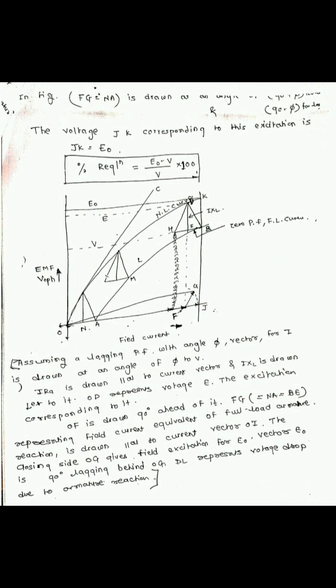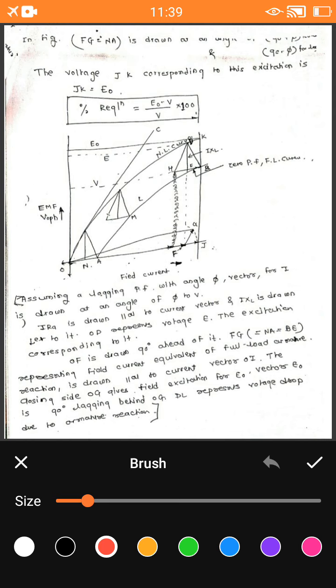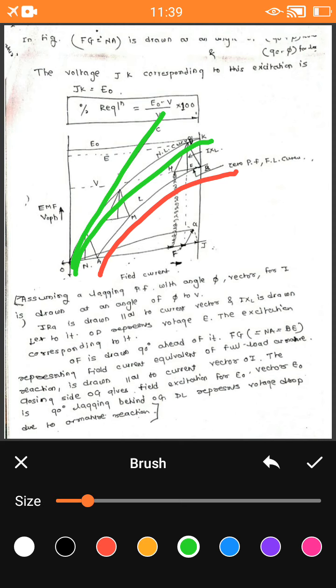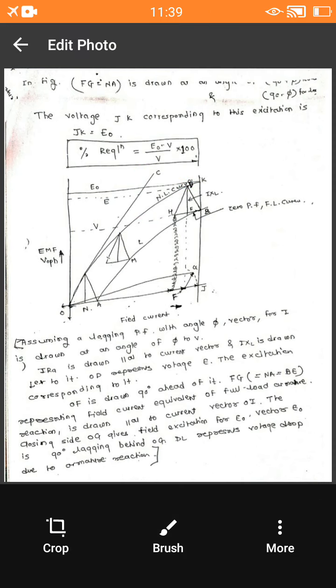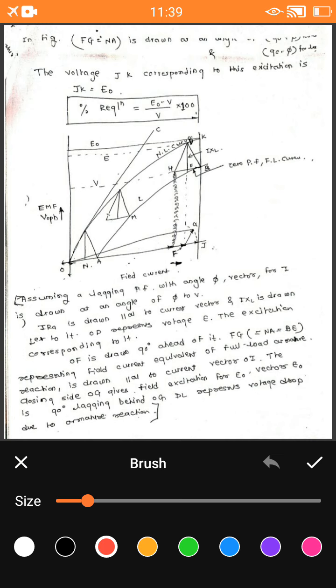So for understanding of that particular thing, again I am repeating the steps. First of all, draw the zero power factor full load current curve, because we get the value of OA. First draw that curve, then draw the no load curve. We have the value that is 45 degrees. So first of all draw the BH value, that is BHD. So this is the BHD triangle, which shows you the Potier triangle BHD.